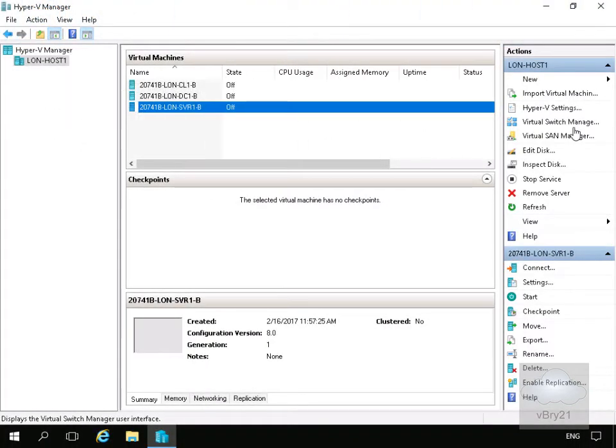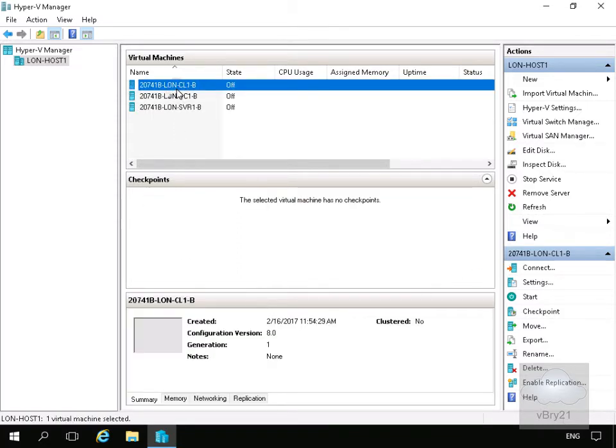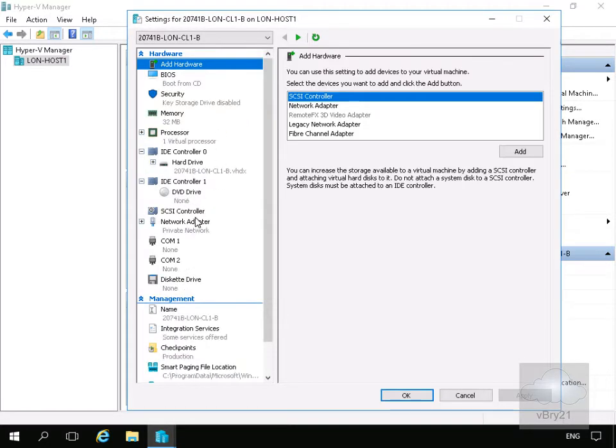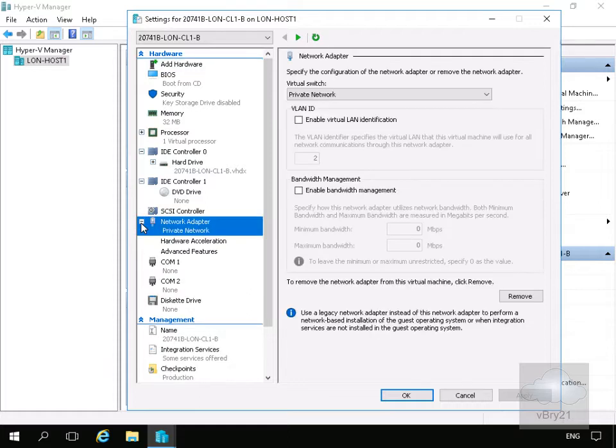In this demonstration we're going to have a look at the advanced network settings and network settings associated with virtual machines in Hyper-V. What I'm going to do at this point, I've come to my Hyper-V Manager. I'm just going to pick on my lon-cl1-b machine. We'll right click, we'll come to settings, and what we'll have a look at here is the network adapter. So if we click on the plus, what we can see to start with is we're currently sitting on